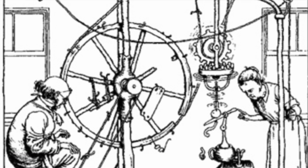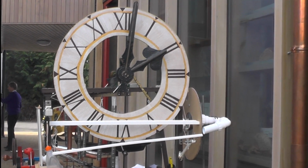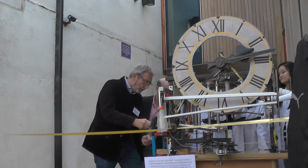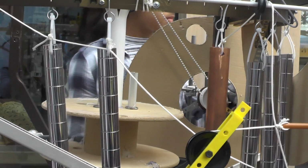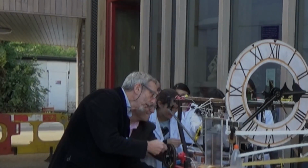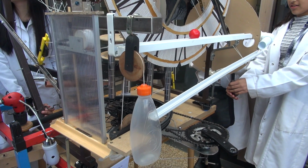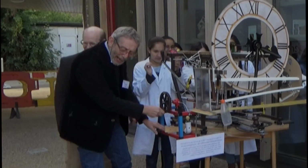Right, now to the machine. The contraption, with some ingenious engineering, was built by girls from the Heath Robinson Club at St Helens School, Northwood. For those of you who can't see, the clock is turning and there's chains at the bottom which are spinning round now, and there's a bell that's ding-a-linging, and I can't actually see the ribbon, but I'm sure it's there. There, another ding. Oh, it's got a tune. And a ball has dropped. Another ding. And the ball goes down into a bottle which drops and